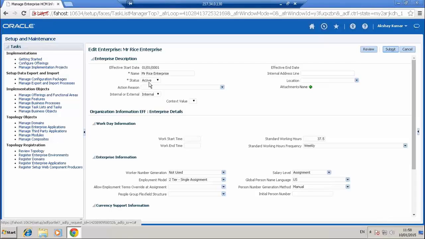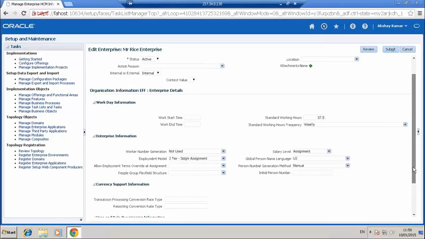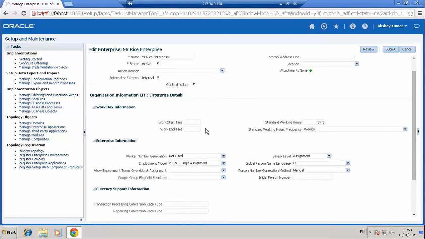There will be only enterprise as a name or something like that. So once you get a blank instance, you have to configure this one, where you will mention the name of the organization and whether it is active or not. And these are the other components which you cover in the core HR part. And this is end time, work time of the organization and all. If you want to capture, you can capture it.